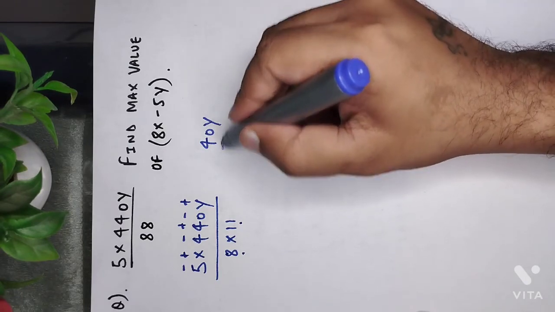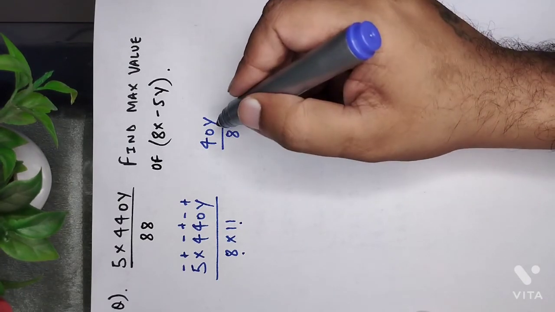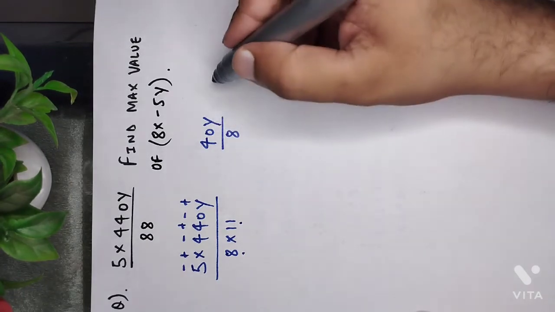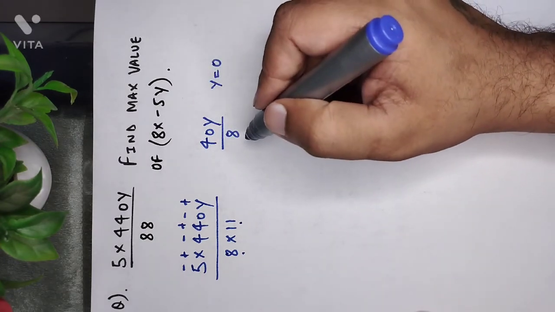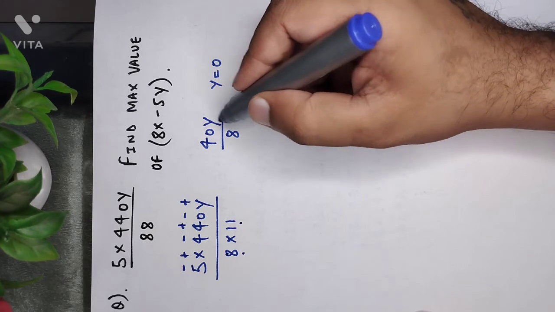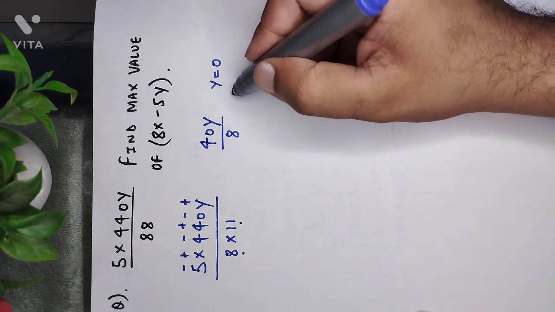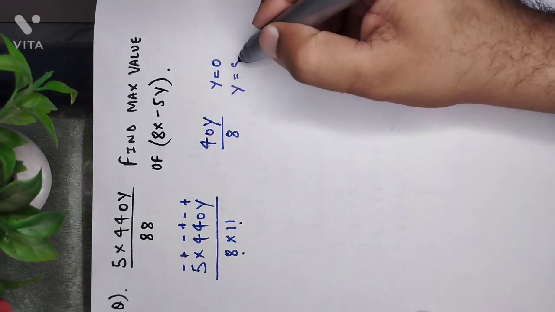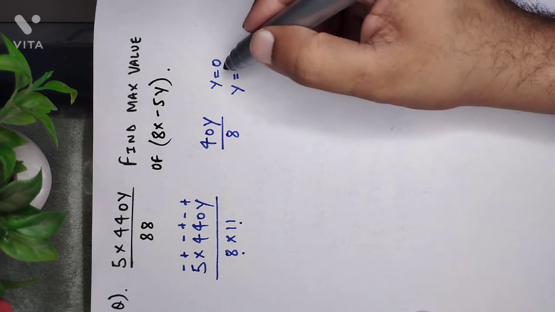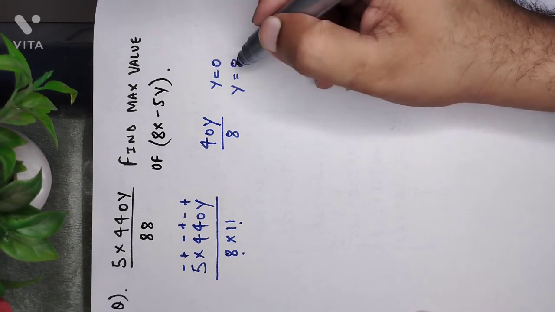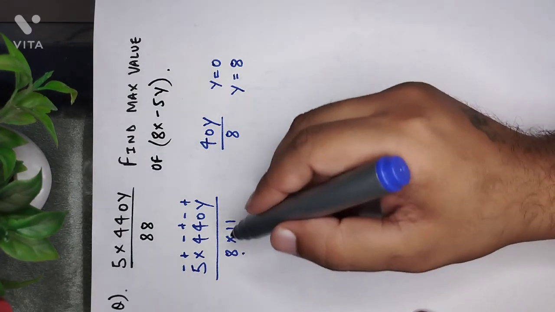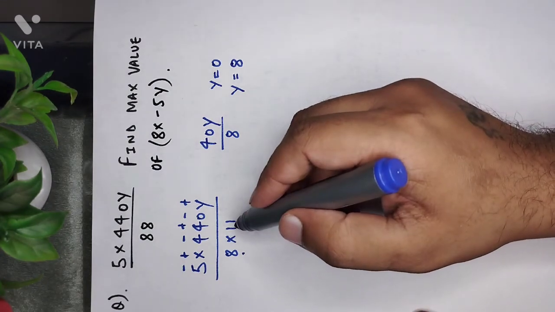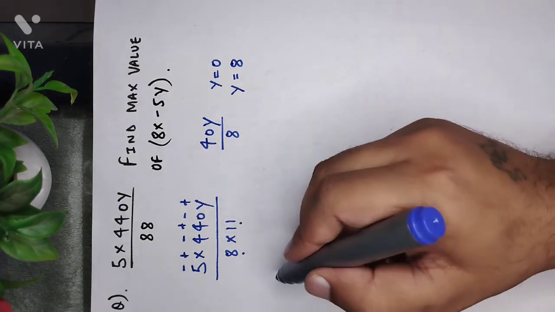So 40y should be divisible by 8. Now I can say that the value of y can be equal to 0. That is, 400 is exactly divisible by 8, and we know that the unit digit works in plus minus 8, so another value of y can be equal to 8. So we have two possible values of y, either 0 or 8. Now if I apply the divisibility of 11, then I can write this as